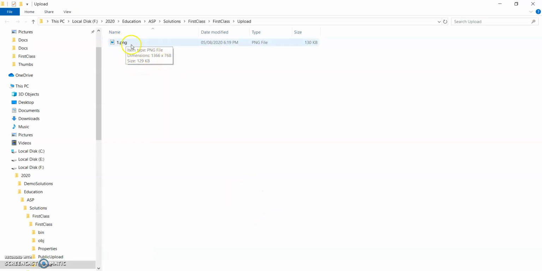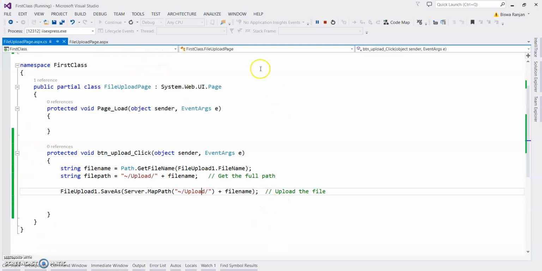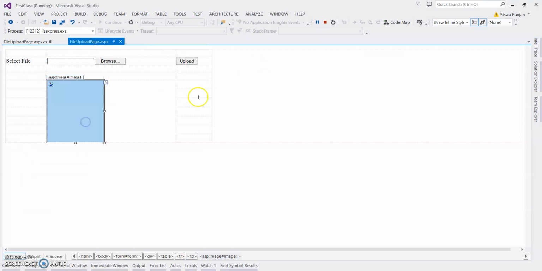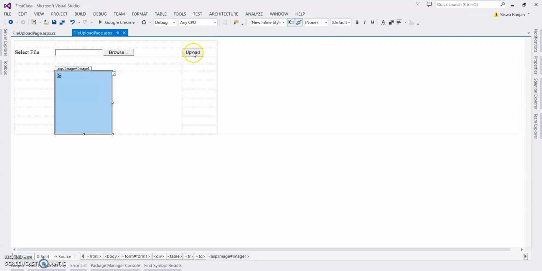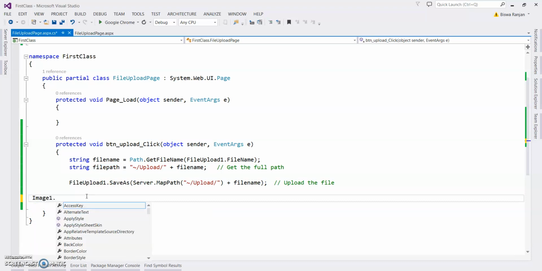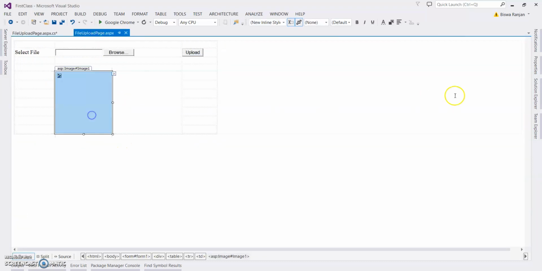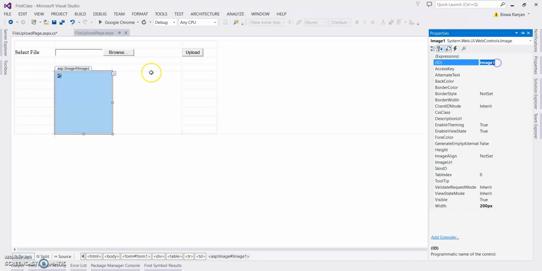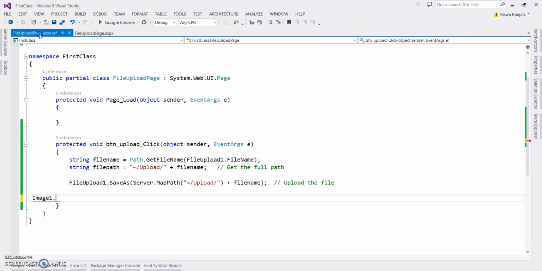So how can I show this image inside my image box? I added an image box here. Then go to the code. We are getting the file path here. So Image1, my image box ID, dot ImageUrl, a separate property where I am giving the file path.